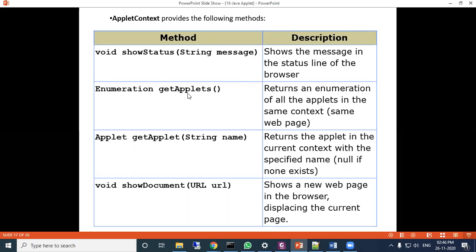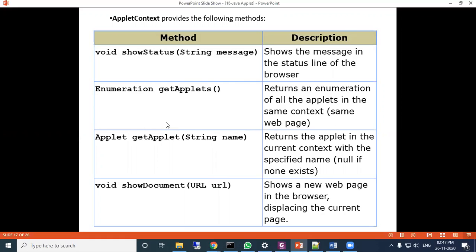So here it will create another applet of the same thing. So in getApplet you can pass one string. showDocument URL means, suppose you want to show a particular URL in the browser, you can write it like this: showDocument, then within parentheses capital URL, the keyword, then whatever URL you want to pass.